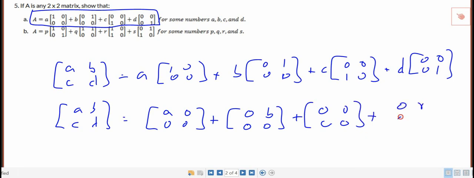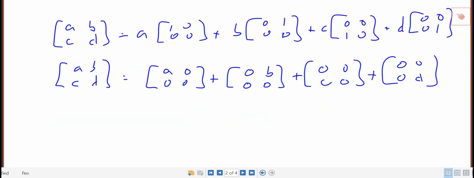So if I do this in several steps here, and that's supposed to be a 0, even though it looks not like a 0. And now when you add matrices, you just add all of the corresponding row and column entries. So A plus 0 plus 0 plus 0 is A. 0 plus B plus 0 plus 0 is B. 0 plus 0 plus C plus 0 is C. 0 plus 0 plus 0 plus D would be D. And sure enough,